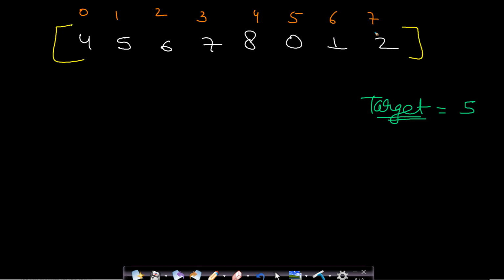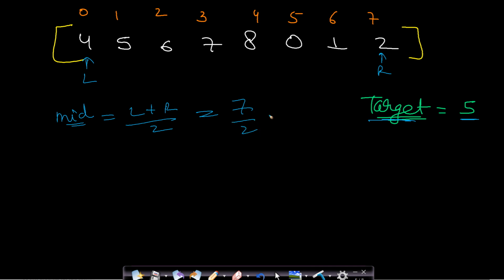In this array we have 8 elements and our target element to find is element 5. Now we will first find the pivot element. So we will take this entire array, this is the left and this is your right. Now I will find mid, which will be equal to left plus right by 2. So 0 plus 7, which are the indices, by 2 will be equal to 7 by 2, which will give out 3. So our mid will be first pointing to this 7.